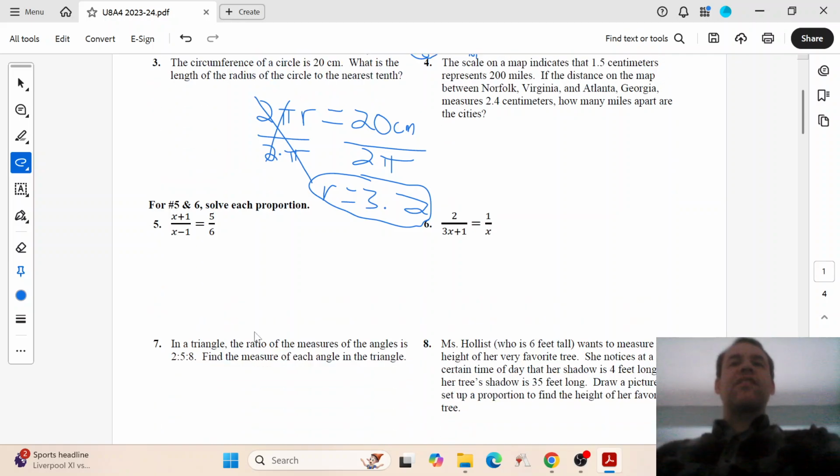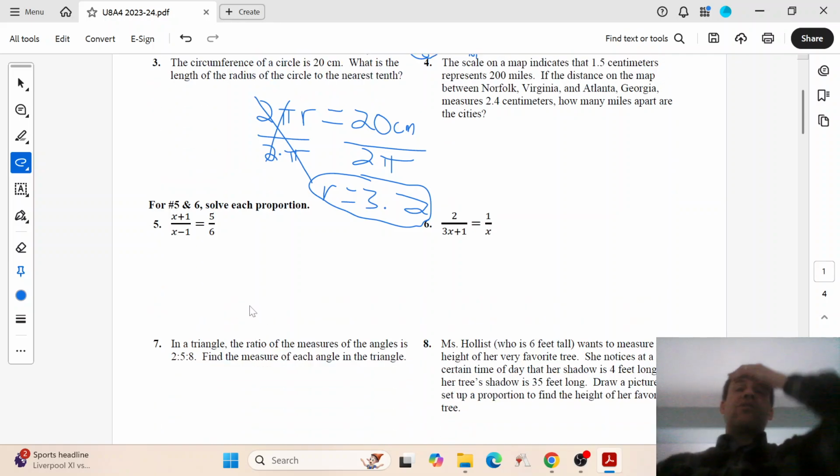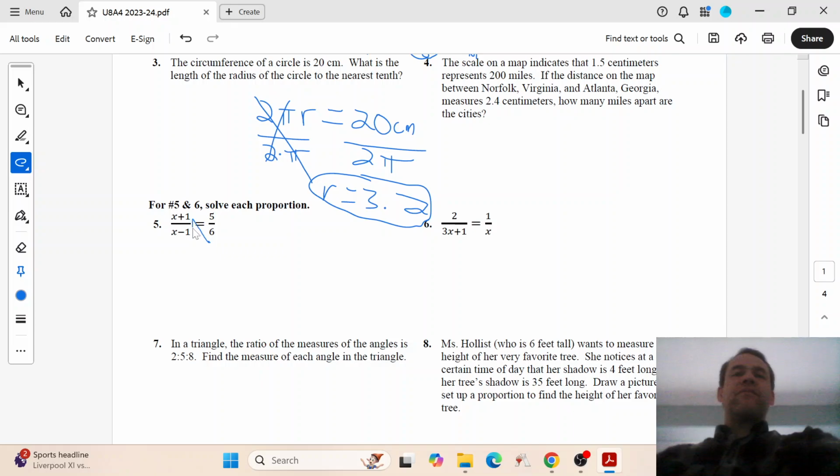Okay, do you know how to solve a rational function? Do you remember how to do that? Sounds like that'll probably be on the test. So solve each proportion, it says. And so you're just going to cross multiply. Remember how to cross multiply? You got this. So 6 times x plus 1